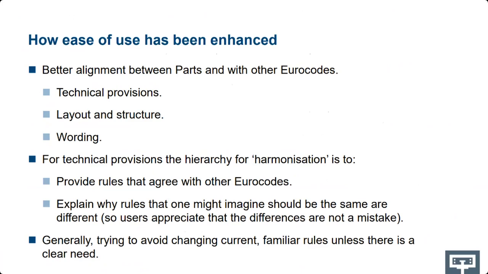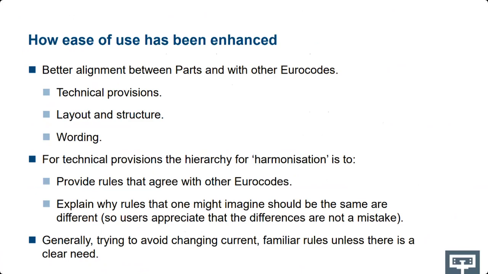And the penultimate bullet point there is quite an interesting one, because there were a number of groups that were looking, they were called horizontal groups. So looking at fire, looking at bridges. If I think about bridges, they identified things that were different in the way that Eurocode 2 would treat a concrete bridge from the way that Eurocode 4 would treat the concrete parts of a composite bridge. And at a high level, that seems silly.